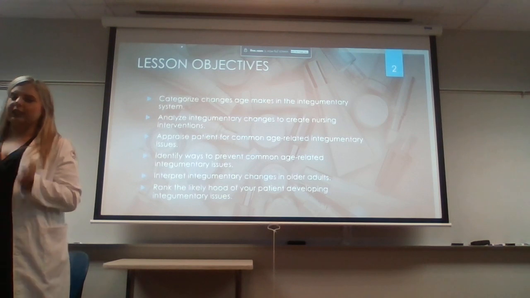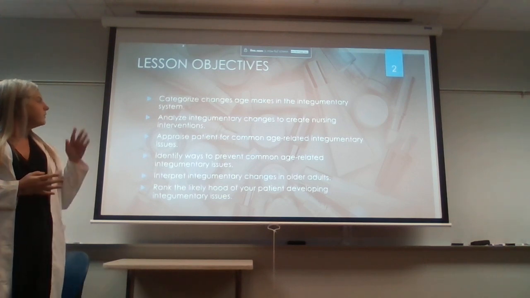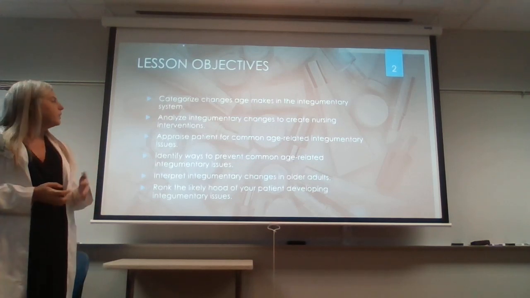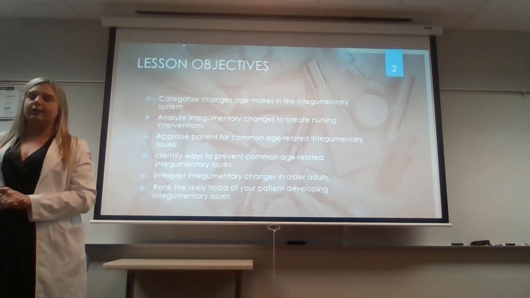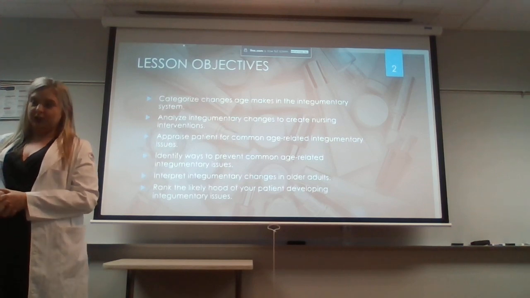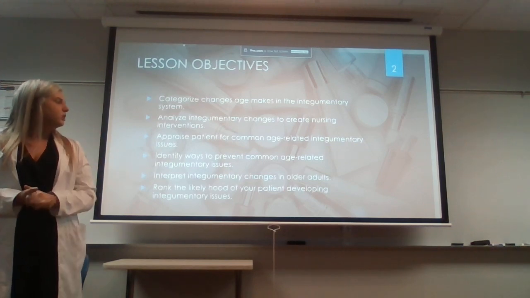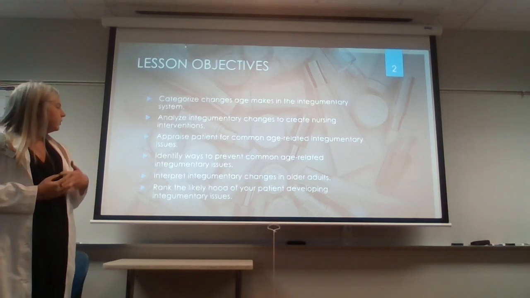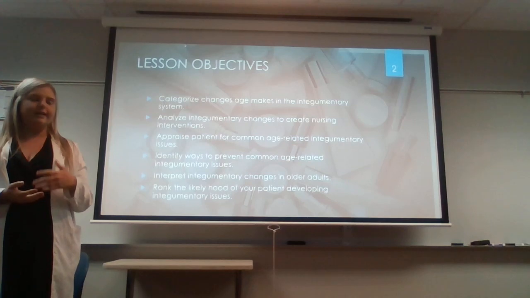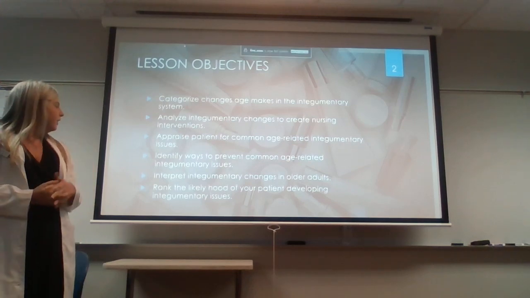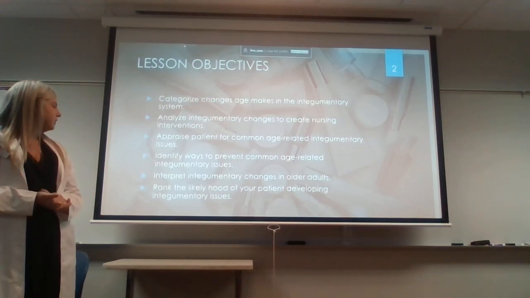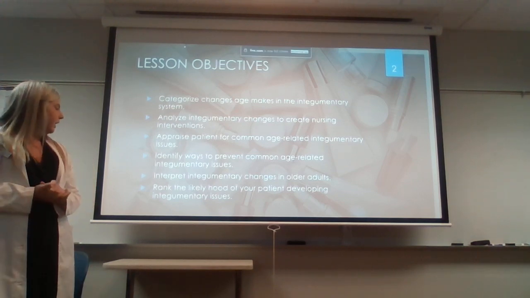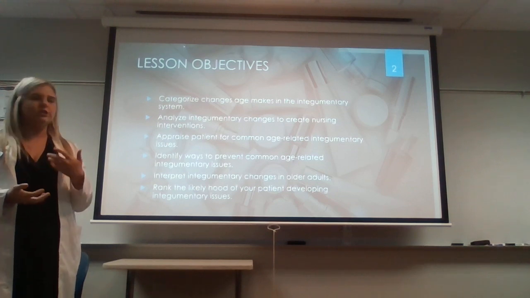So for the lesson objectives today, we're going to be going over and categorizing changes age makes to the integumentary system. We're going to be analyzing integumentary changes to create nursing interventions. We are going to be appraising patients for common age-related integumentary changes. We are going to be identifying ways to prevent common age-related integumentary changes, or issues actually. We're going to interpret integumentary changes in older adults, and we're going to rank the likelihood for your patient to